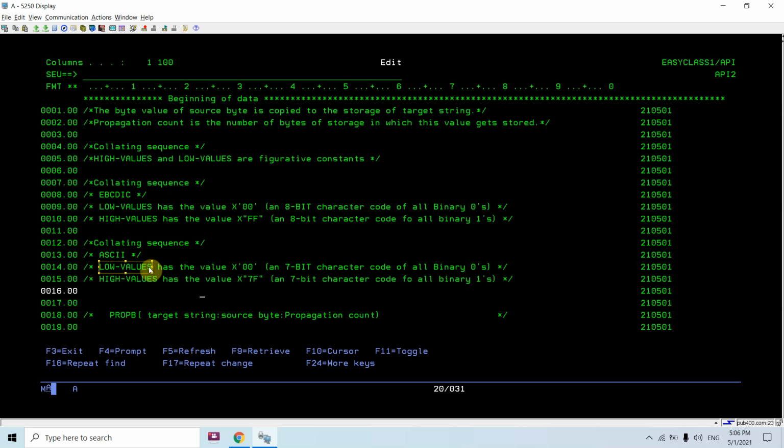We have different low values and high values hex values. So for example, here for EBCDIC, in this case in which I am programming right now, if I want to pass the low value, that is a 0 byte, or a 1 byte, that is high value. So once I'm passing the 0 value, that means x00, an 8-bit character code of all binary zeros. So basically I'll be passing all binary zeros to that. Now high values has the value xff, an 8-bit character code for all